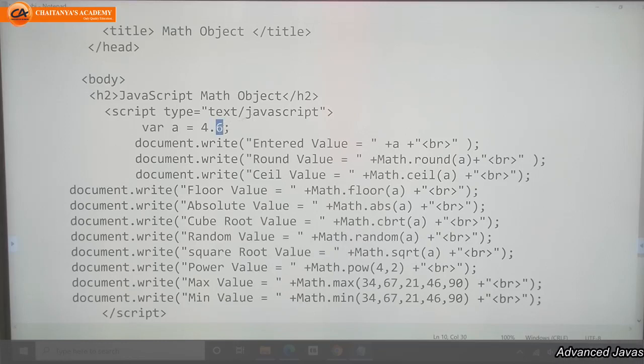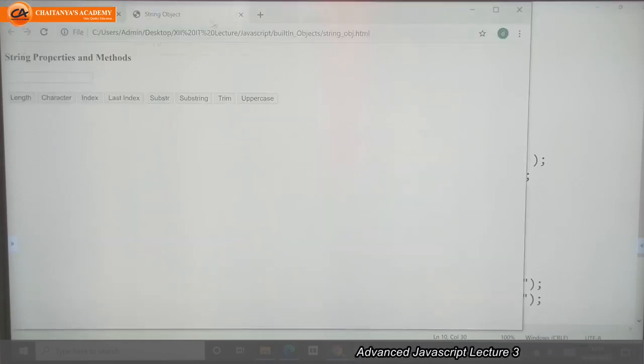If it is smaller than 5, then it will give you the previous integer. Ceil means the same, it also gives you the next integer value. We will check with the output, so you will get it very well now.